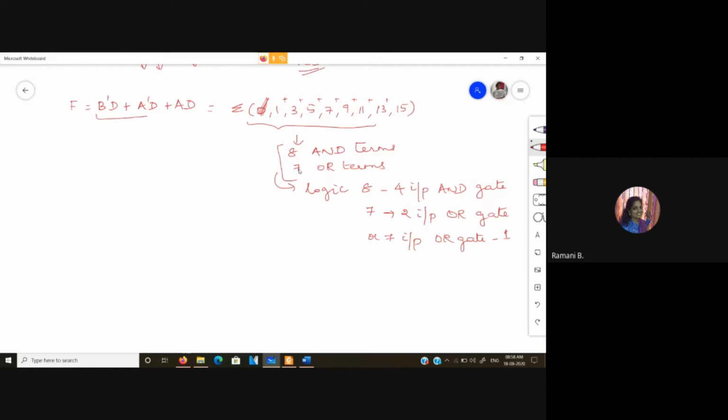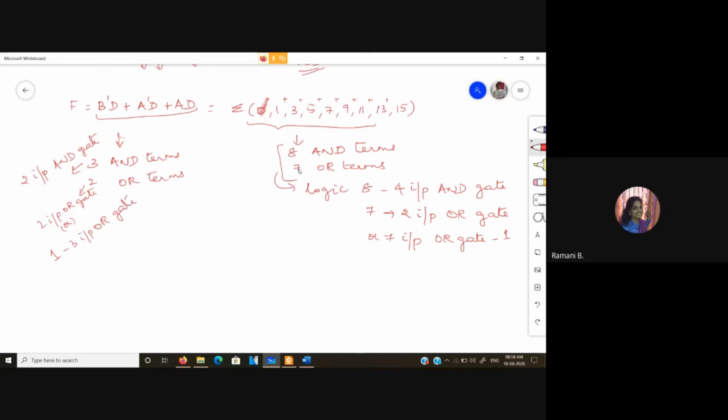However, for this particular expression, if I am going to implement it, I have only 3 AND terms and 2 OR terms. Each of these 3 are 2-input AND gates, and for the 2 OR terms also you can use 2-input OR gates, or directly you can consider you have a 3-input OR gate.